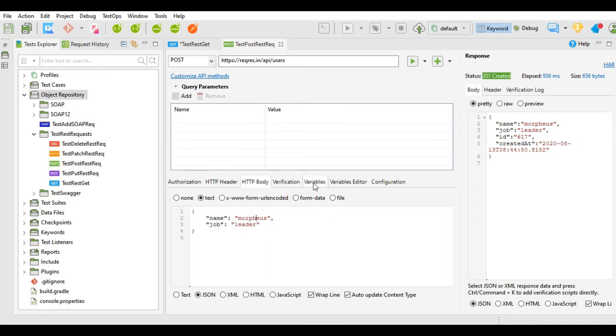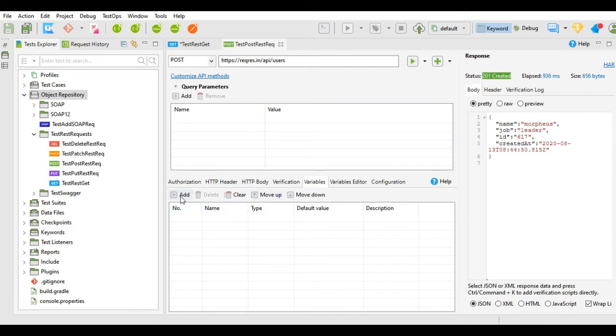So I will go to variables, and here we will create a new variable with the name. I will give the variable name as name, keep the type as string, and provide another name to it. And I will add one more variable as job, the type will be string, and I will give the job as manager.